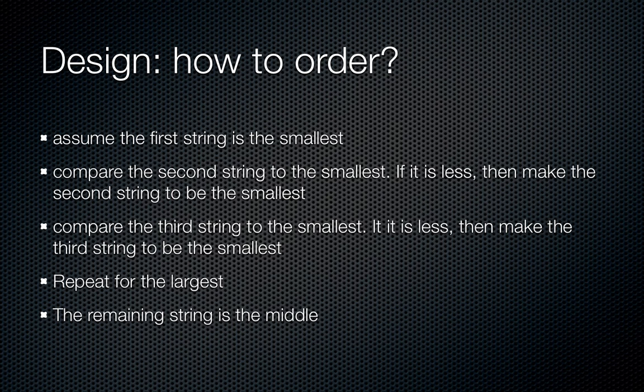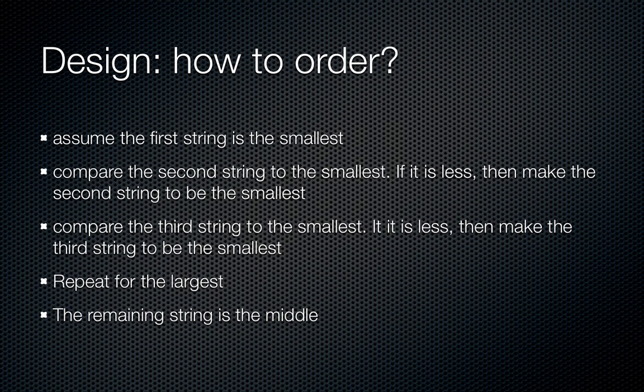So how do we order? This is what is going to go inside the method that's called order. It's kind of a step by step of what we need to follow, or in other words, this is my algorithm to figure out which one is the smallest. One way to do that is what you see here, and what I want you to think about, as I mentioned earlier,